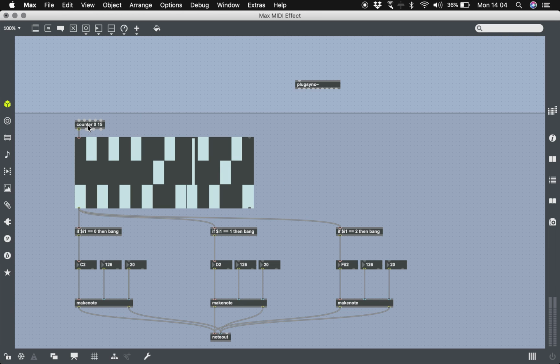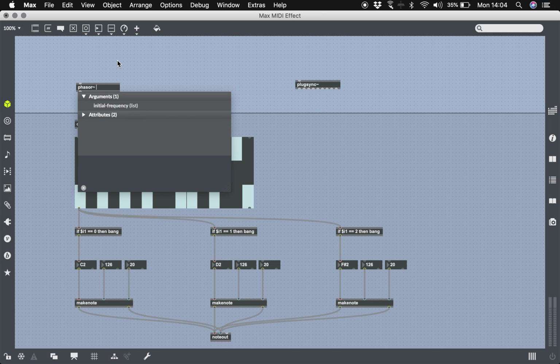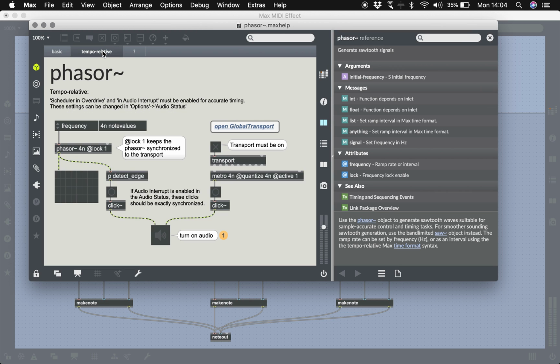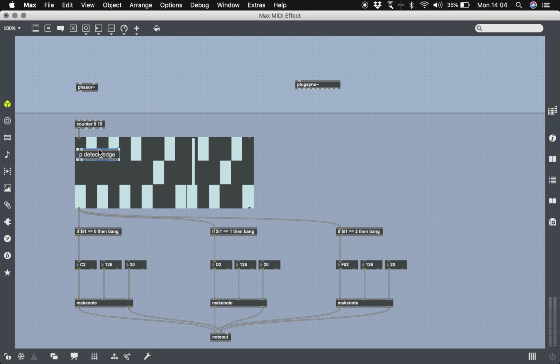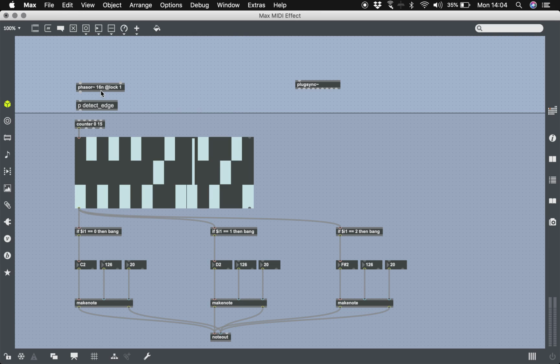So first, I'm going to make something bang this counter at a constant rate. For that, I'm going to bring in something called a phasor. If you're familiar with a phasor, it's basically a ramp that goes from 0 to 1. If I go in the help section, I can find the tempo-relative one. I'll just steal this edge detect little abstraction because I never learned how to make it, and it's right there. I don't need to. So what phasor16 and lock1 does is that it syncs up